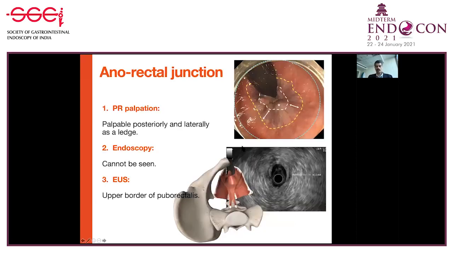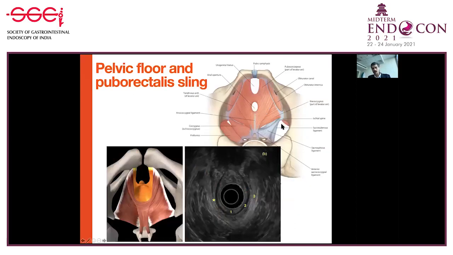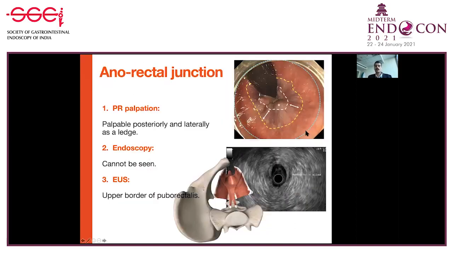Now, coming down from the rectum to the anorectal junction, please remember, the anorectal junction is not visible endoscopically. This is the dentate line. This is the anorectal line or the line of Hermann and Desfosses. This is the anal transitional zone under which you have the hemorrhoids. And this is the anorectal ring, around a centimeter or above. Endoscopically, it is a virtual landmark.